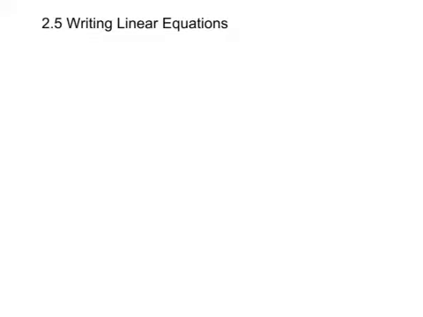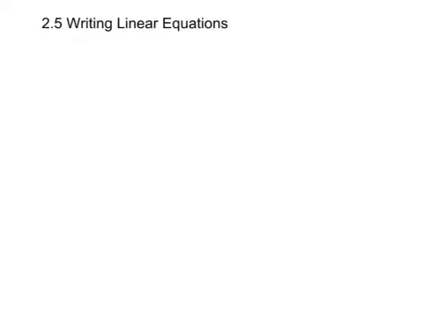In section 2.5, we will learn how to write linear equations in the slope-intercept form when we are given the slope and a point or 2 points. We will also learn how to write the standard form of an equation when given a slope and a point or 2 points, and then write an equation of a line that is parallel or perpendicular to the graph of